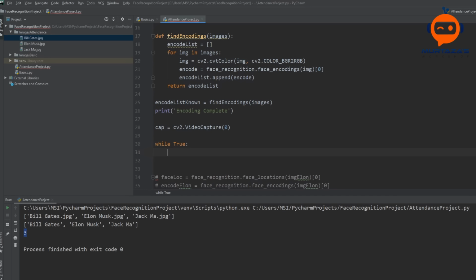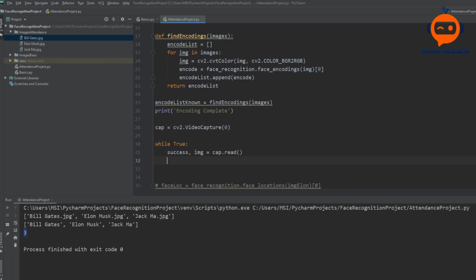So here we will write success, image is equal to cap dot read. So this will give us our image. Now because we are doing this in real time, we want to reduce the size of our image, because this will help speed up the process.